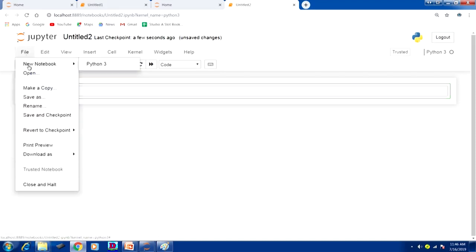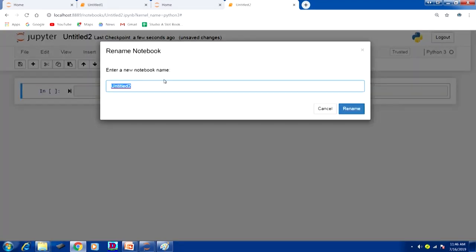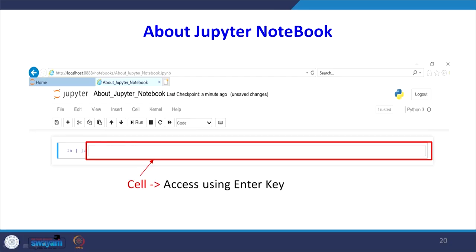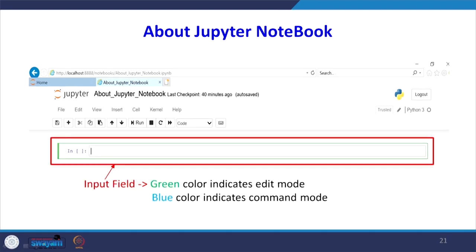You give the name as Introduction to Python. You see there is a box appearing, this is called a cell, I have marked it in red color. The cell can be accessed using the enter key. You see sometimes that box will look green in color, which indicates it is in edit mode.